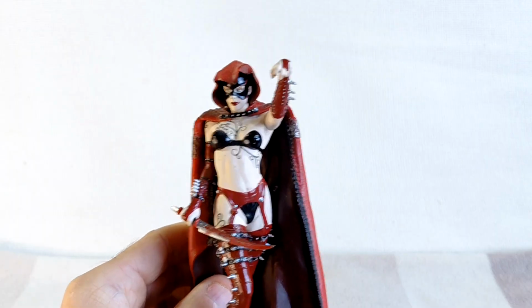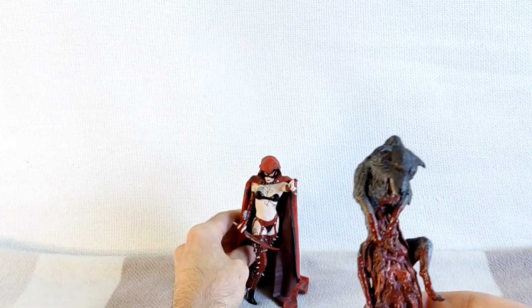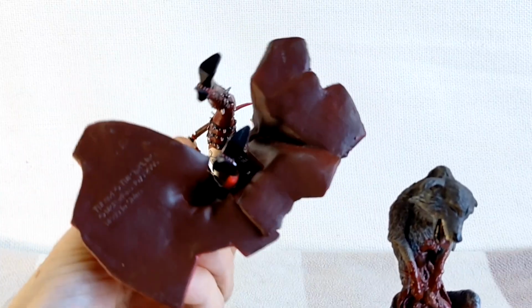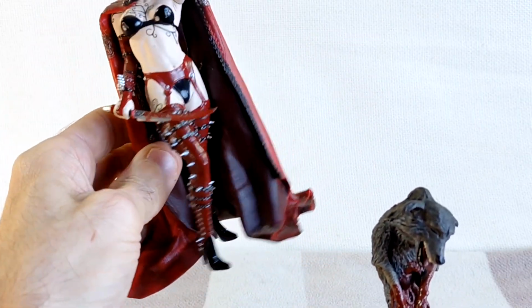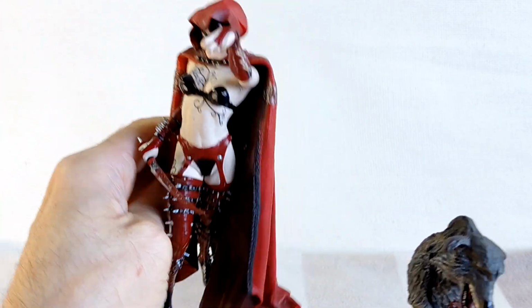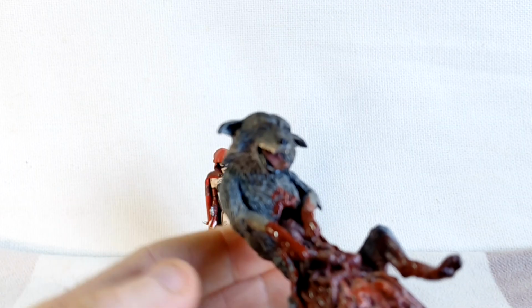And let's have a look at that now, shall we? Woohoo! We shall. Here's the wolf. Let's just pop Red over there then. I'll just point out she's got a soft pliable cloak, but it does help her stand up very well. Ordinarily that would have been a problem because of the high heels that she's wearing, but it works quite well in this case. Here's the wolf. He's looking...